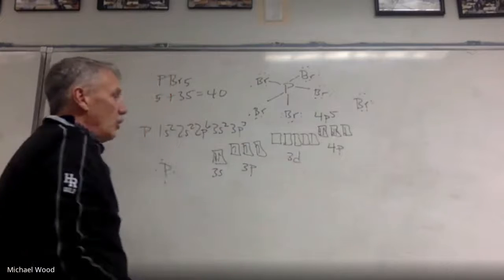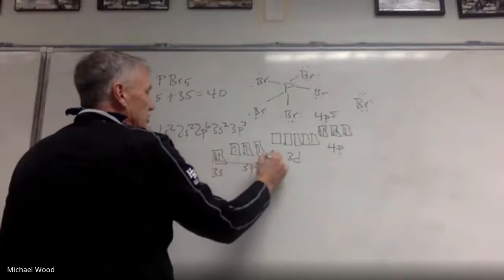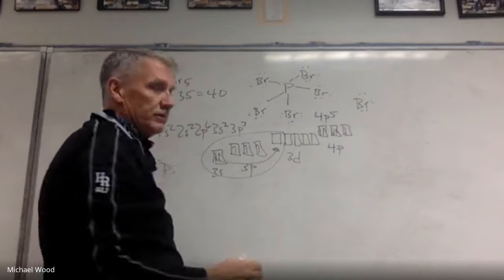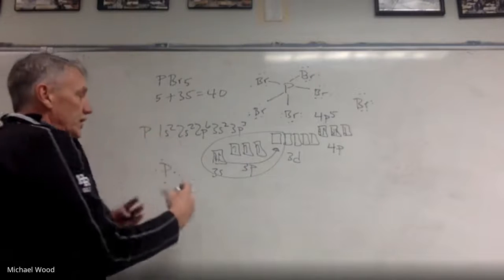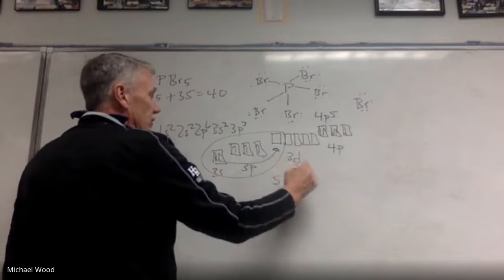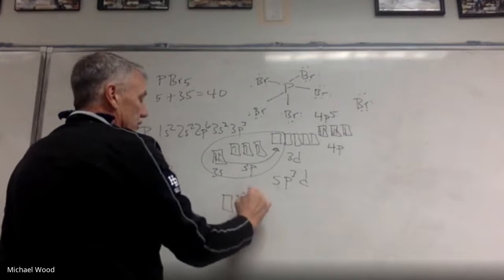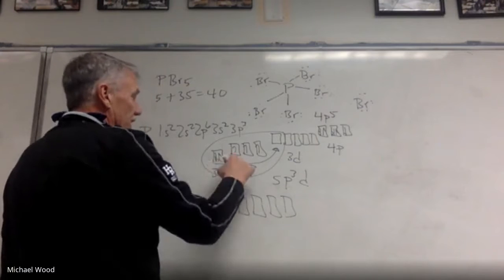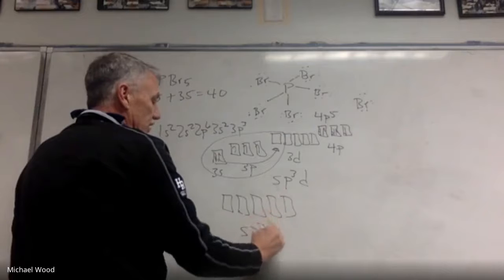They're empty. So what happens here is that same thing we talked about yesterday, is one of these S's promotes, and then these all right here hybridize. They hybridize, which means they become equivalent. They're a cross between the S, the P, and the D. And so what this is called is sp3d, a single S, 3 P's, and a D. And so what you have then is you have this. To be honest with you, I don't even know the shape of these, but I've got the S, I've got the 3 P's, and then I've got the D, and what these are sp3d orbitals.